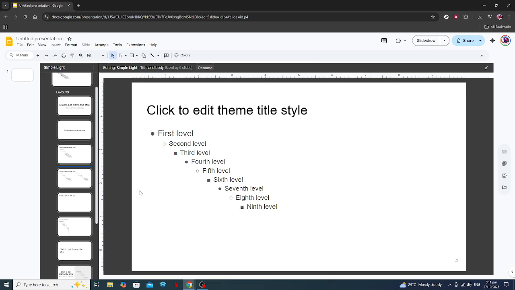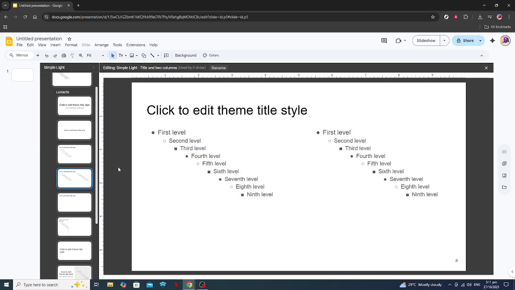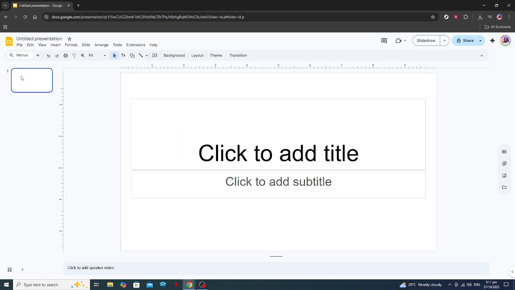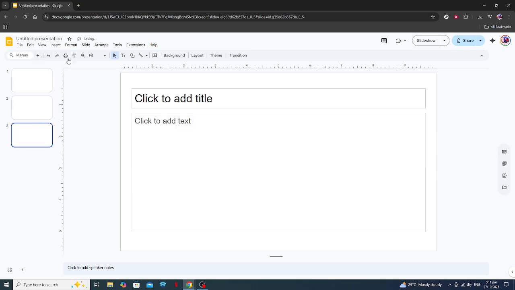With the master slide selected, navigate to the toolbar at the top and click on the font box. This is where you can begin selecting a new font that suits your needs. Google Slides offers a variety of fonts, so feel free to scroll through and pick one that aligns with your presentation's style and purpose. After selecting your desired font, apply the change by clicking on any part of the slide